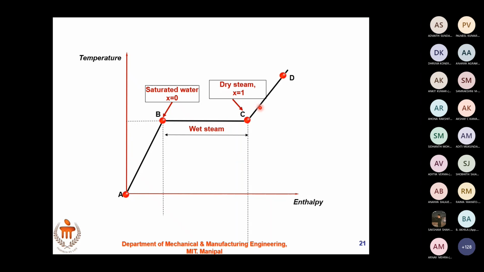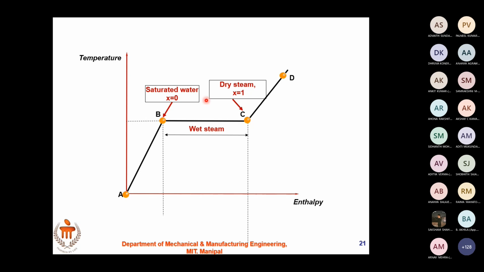Now, my question is, do we have X here? No, ma'am. We have steam though. Someone said here we don't use X because there is no steam at all. Here we have steam. Can't we use X? Ma'am, X cannot be greater than 1. Why? Because the mass of the dry steam will never exceed the total mass. There is no water content in it.